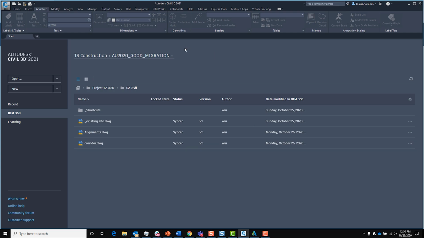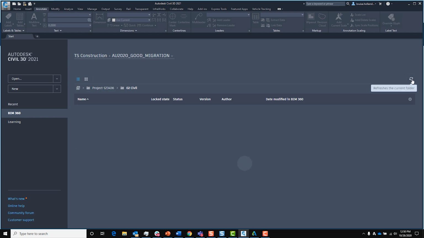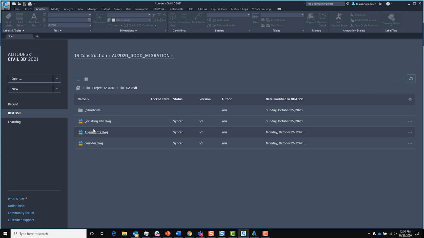I kind of think of this as a little web browser within Civil 3D. If you're not seeing what exactly you think you should see, hit the refresh and it'll take another look at what's going on the web. So let's go ahead and open up one of our drawing files and make sure all the references are correct.